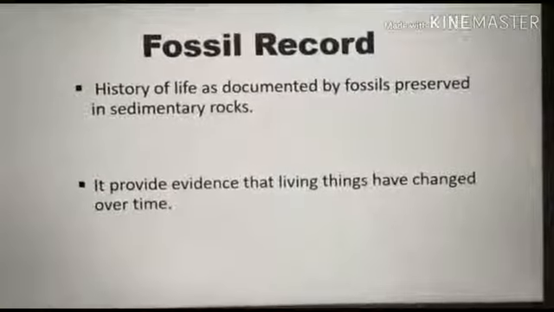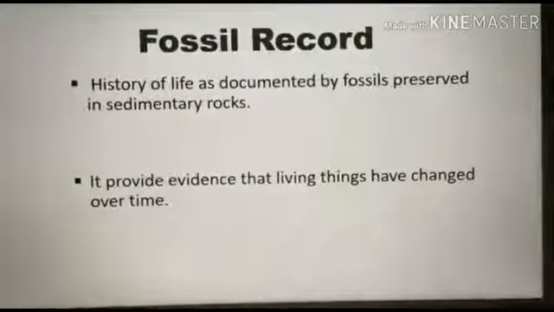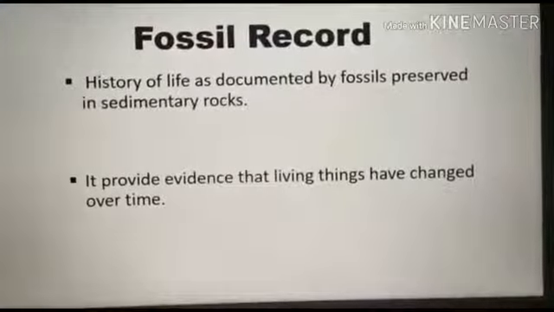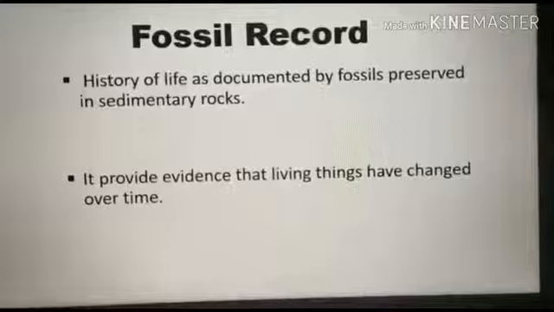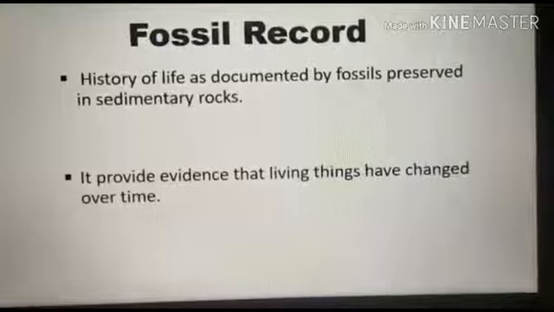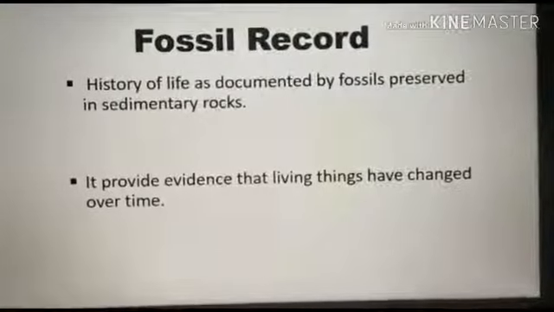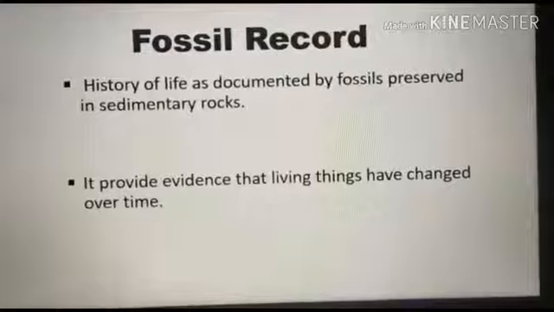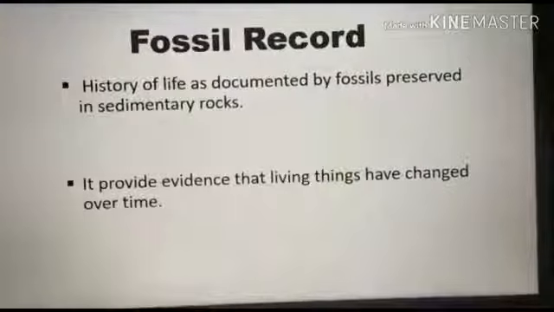Next we are discussing the fossil record. It is the history of life as documented by fossils preserved in sedimentary rocks. The fossils are preserved in sedimentary rocks, you know that. So for this life history, we know the different layers. A fossil from one layer, we can get another from the next layer, and then from the third layer. We know different layers, Cambrian, like that. So we will get a continuous record of that fossil. So we can keep that record.